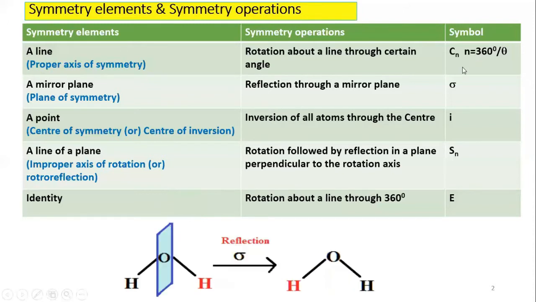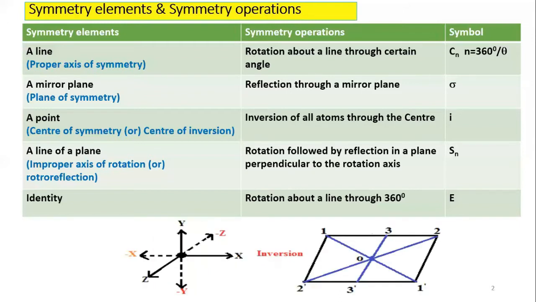The next is the mirror plane. The mirror plane is the symmetry element which bisects the planar molecule into two, and reflection is the operation done, and we see that both the hydrogen atoms actually get interchanged. I mean, they get reflected. It must be emphasized that the two configurations are not exactly identical, but they look alike in all respects, so that one is not able to say whether any change has been effected or not. This is how the two configurations remain indistinguishable.